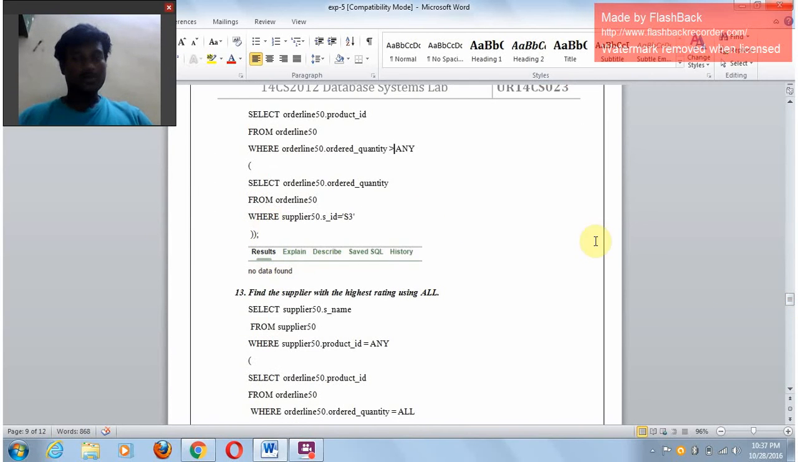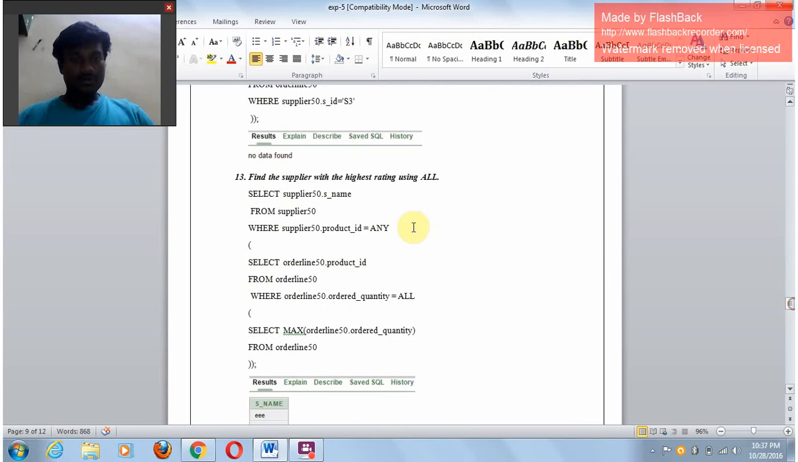So the query is this: find the supplier with the highest rating using ALL. We have to select the attribute from the table, where supplier product ID is equal to any. It can be of any ID, because we are checking all the suppliers with the average rating, the highest rating. So we are selecting the product ID from the table where order line 50 dot order quantity is equal to all. We are checking all the people. Then select max of order line 50 dot order quantity from order line 50, which is the